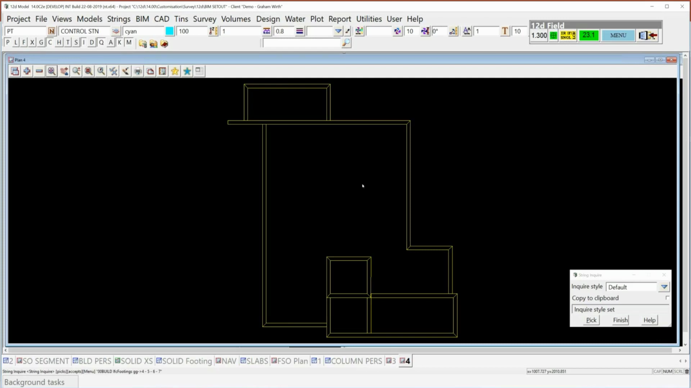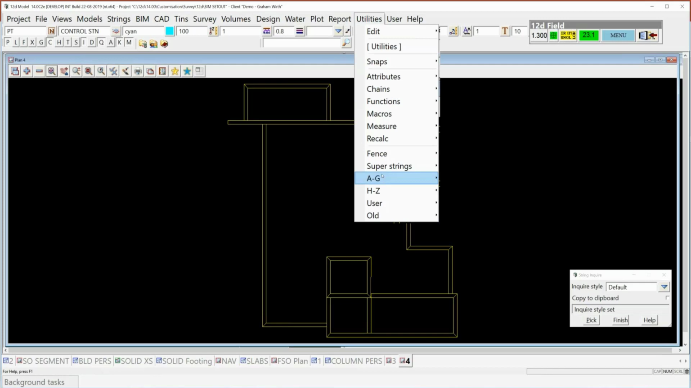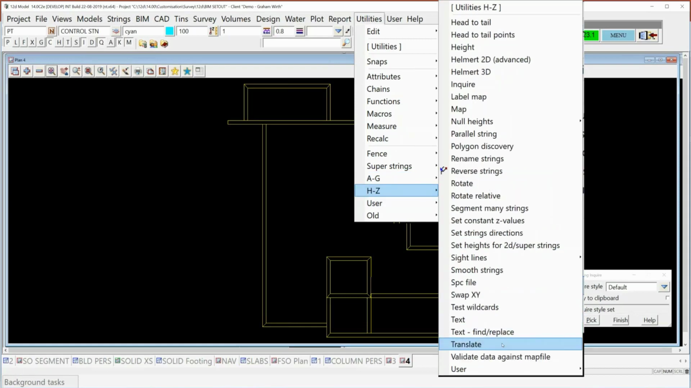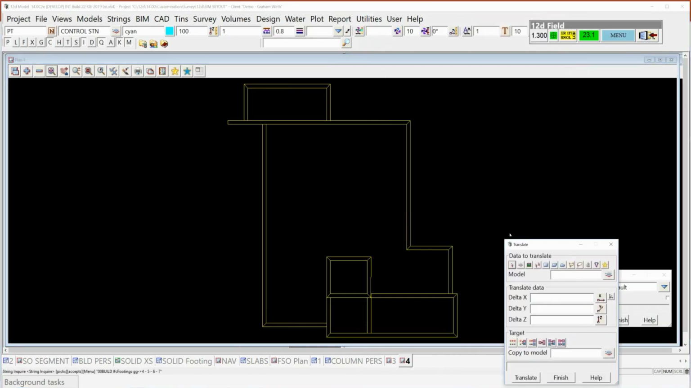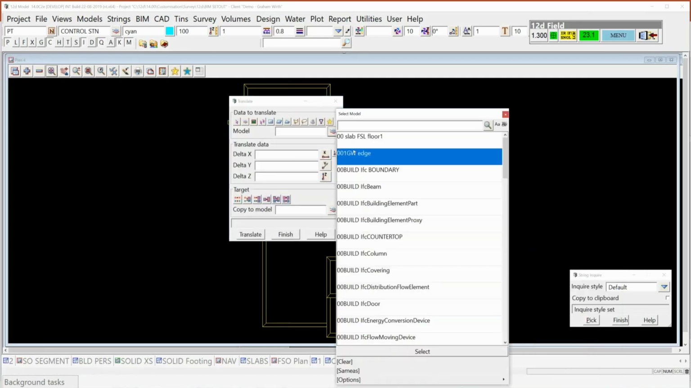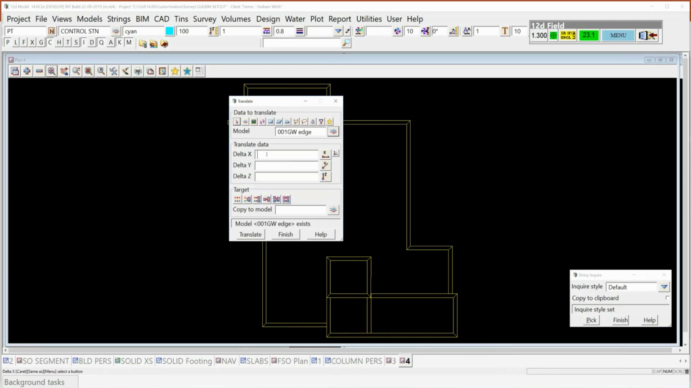But those out in your webinar world will say, well, that's fine. That's 96.199, when the actual finished level of the top of this footing is 96.2. So again, we go to the utilities, and our global utilities, and I can actually go to H to Z would be better, Graham, translate, and I can actually pick this footing here, and I can choose the model that we've got, the edge,